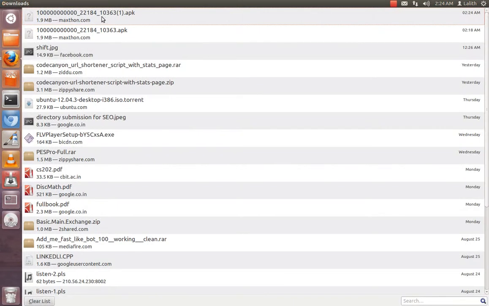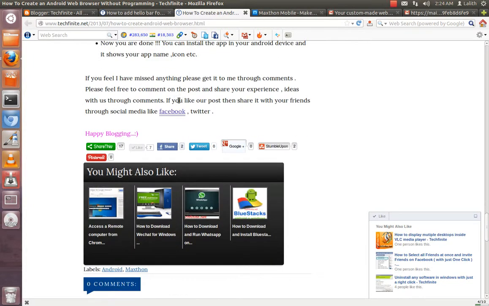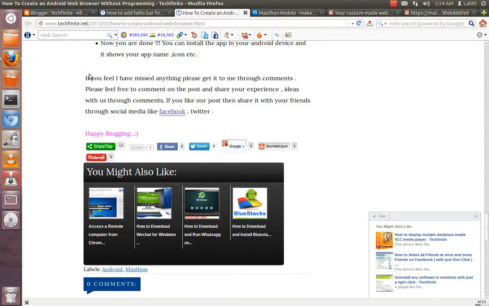Yeah, see here the app got downloaded, and now you can load this app to your Android device, and you have created your own Android web browser. You can even upload this Android web browser to the Android market, that is nothing but Google Android market, and you can earn from it.